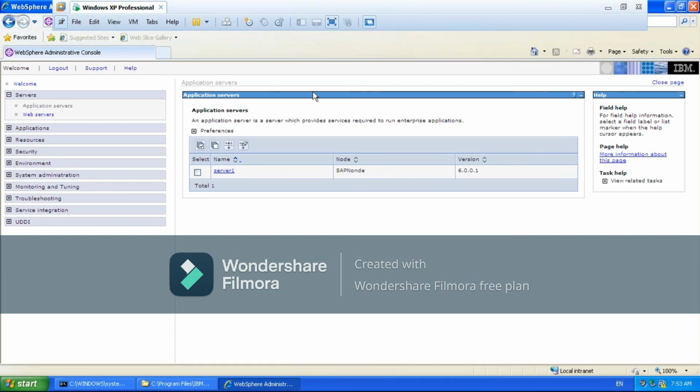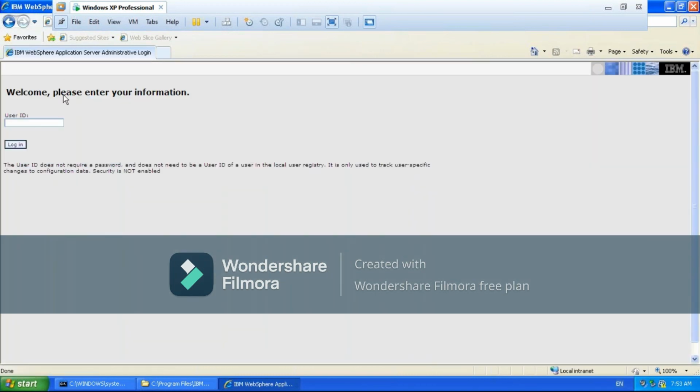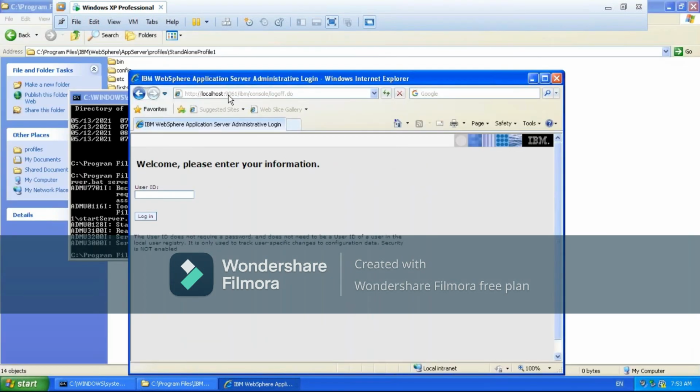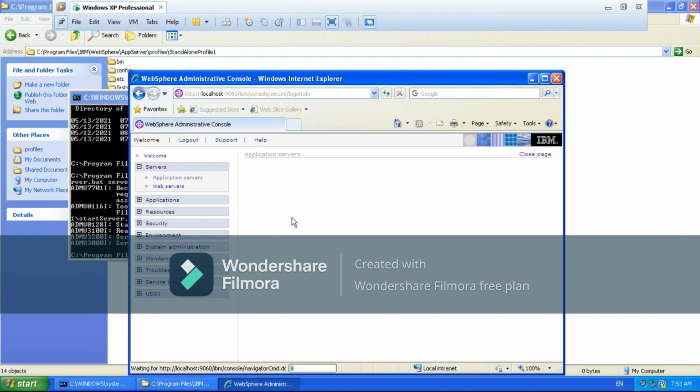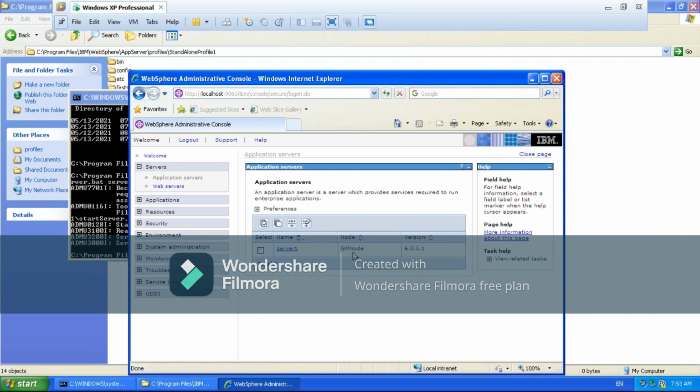This console is no more related with this console, right? If you log in on 9060, and you see this server is server one of which node? Default node. This is the default profile node, and the previous one is the standalone profile node. So you got the point, right?